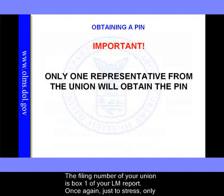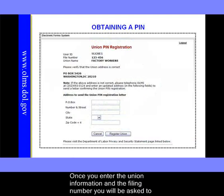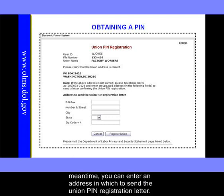Once again, just to stress, only one representative from the union will obtain the PIN. Once you enter the information in the union filing number, you'll be asked to confirm the information, including the union's address. Now, if the address we have on file is not correct, you should contact our office and update your address. But in the meantime, you can enter an address in which to send the union PIN